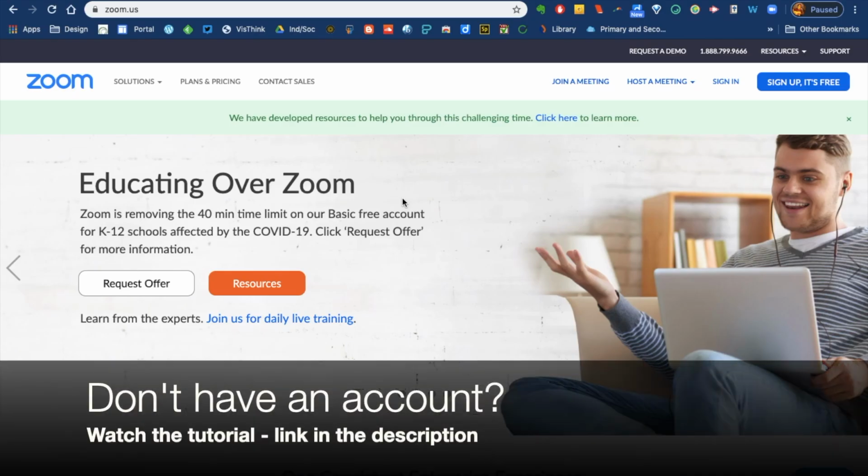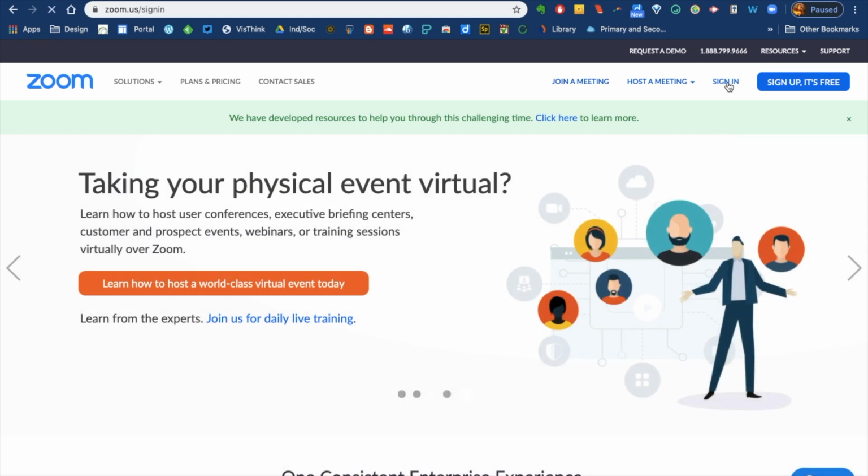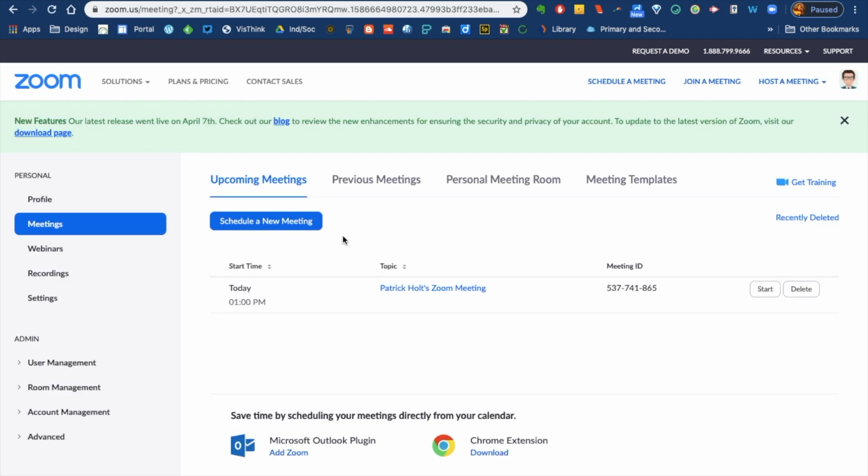Hello, this is a quick tutorial on how to create a meeting in Zoom. Navigate to zoom.us, sign in to your account, sign in with Google. Before you schedule a meeting, which you can do here, if this is your first time in Zoom, then please